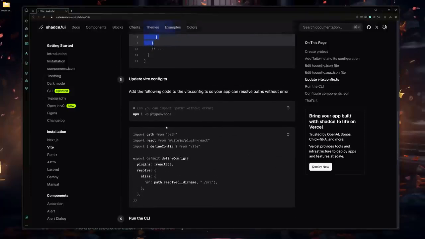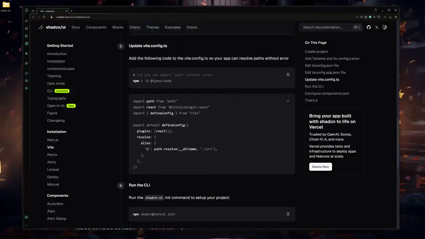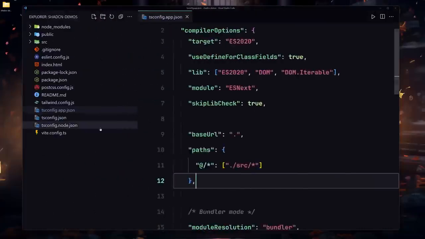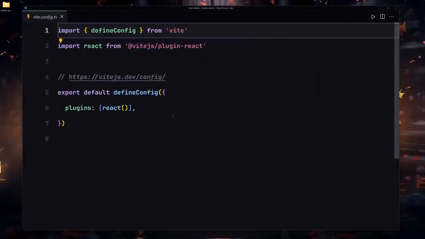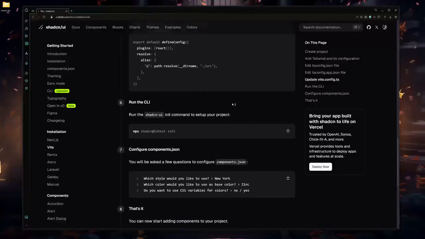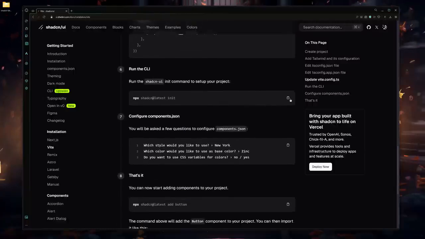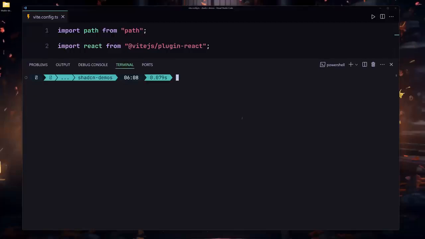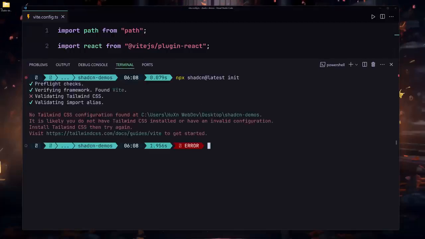The next thing that we have to do is place all of them into our vite.config.ts file. So I'm going to go into my vite.ts or whatever file, and now let me just place all of them right here, save my file, and now we have to initialize our shadcn/ui. So I'm going to copy it. Now let me open my terminal and place this command, which is shadcn/ui init, and